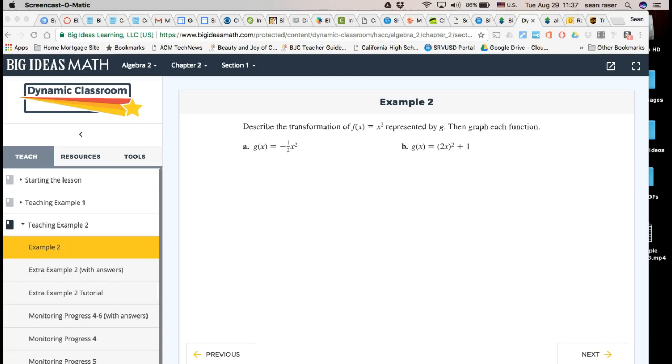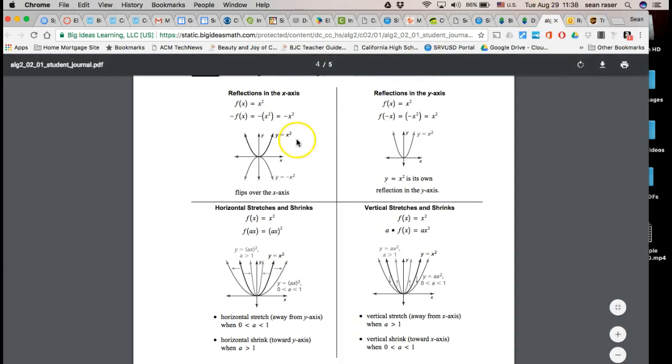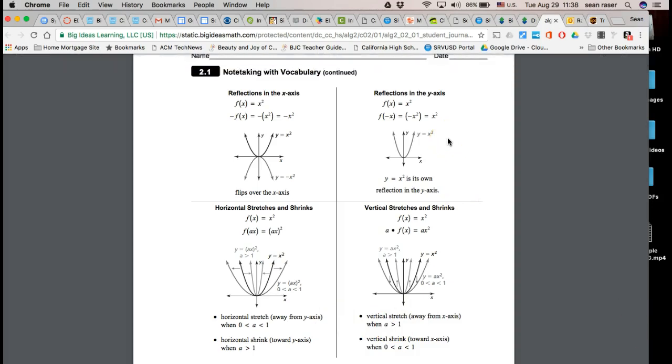In this example, we are going to look at reflections, and we're going to look at vertical and horizontal stretches and shrinks. So before we look at these problems, let's go back and look at our journal. And what I want to look at is the different ways that you cause reflections and horizontal and vertical stretches and shrinks. So again, remember, these transformations are caused the exact same way as they were with linear